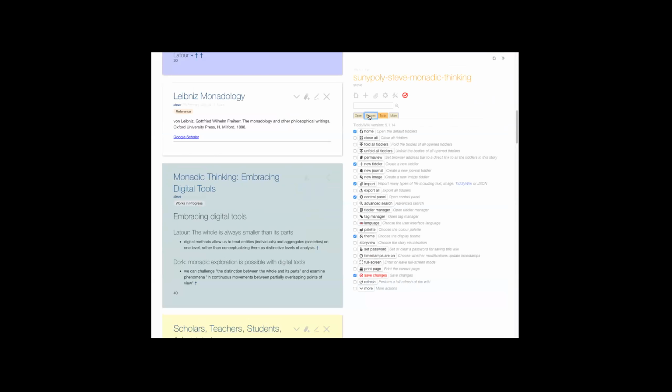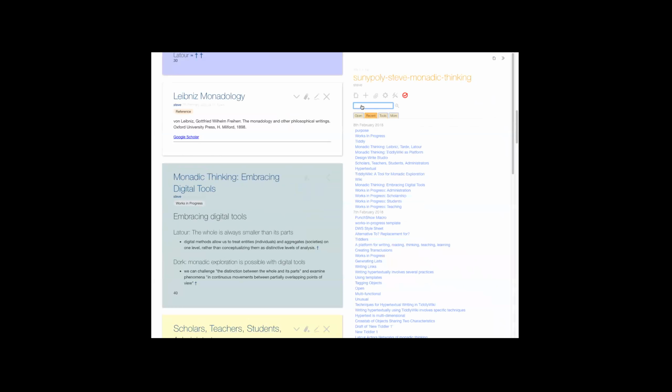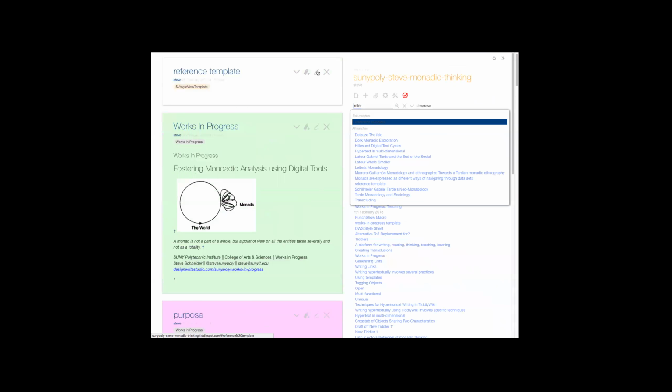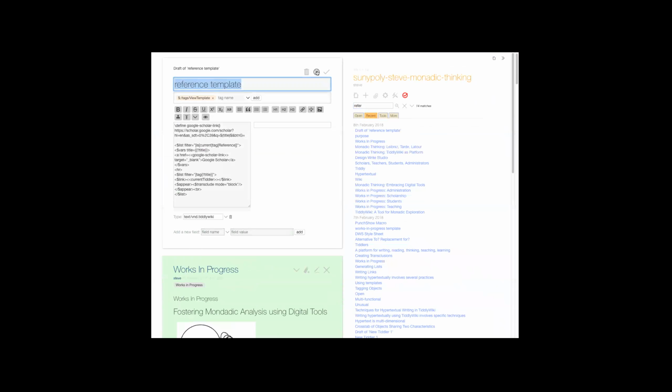How are you going to find the template? My practice is usually to use the tag name in the name of the template. So you might have guessed it's called reference template. And what reference template does is very similar to what I did with Wikipedia. This is a little funky code. This took me quite a few years to figure out, but I think you'll be much faster than I am.